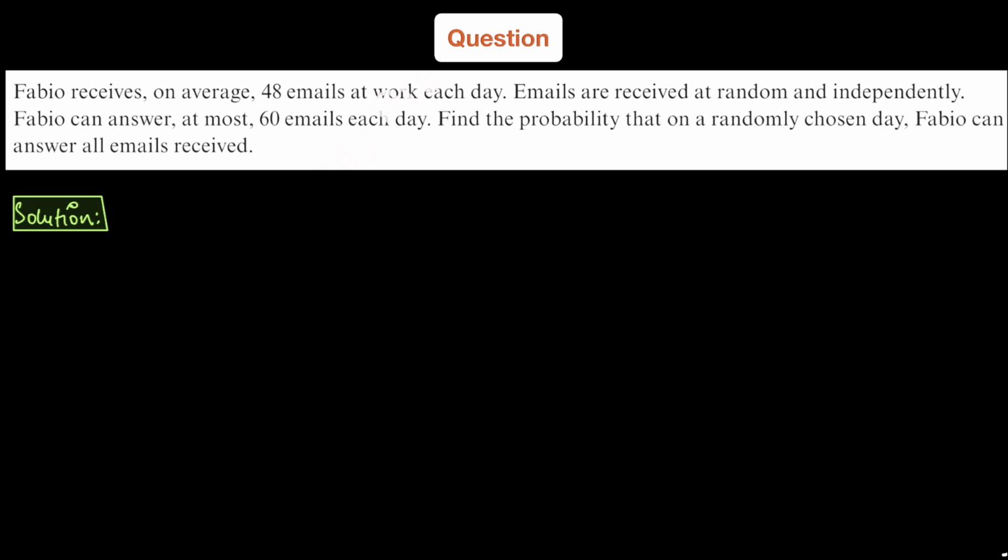So in this particular question, X follows a Poisson distribution with mean 48 as already given. So we will say that since mean equals variance equals lambda equals 48, which is greater than 15, therefore